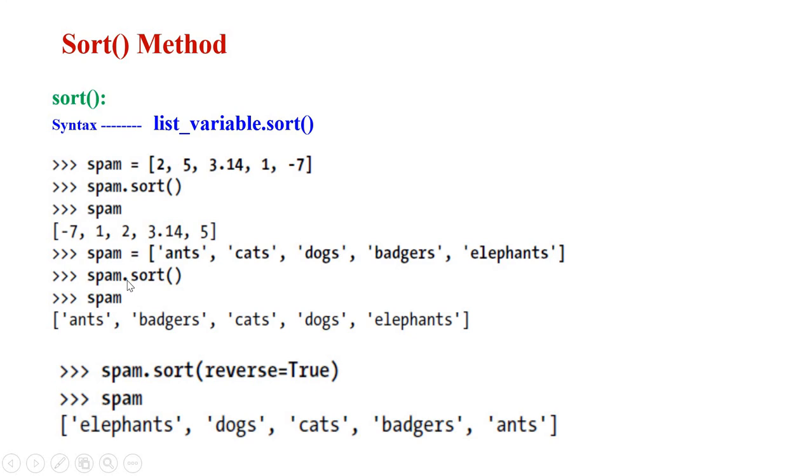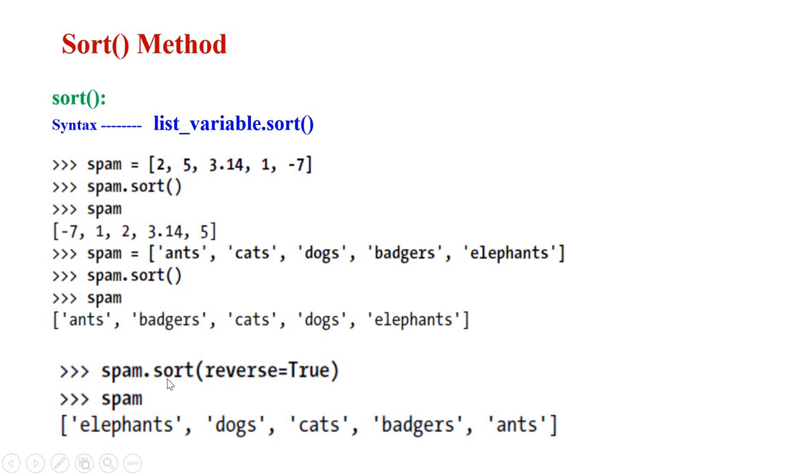Now if you use strings as the contents of the list and then apply the sort, it also works on it by arranging them alphabetically, using the ASCII values. Alphabetically it is going to arrange the list if the list contains strings as elements here. Okay. So as I told you, without any parameters, if you use the sort, both are going to arrange in ascending order.